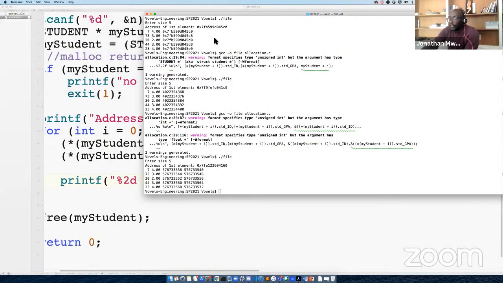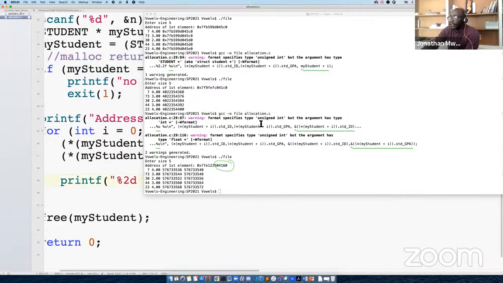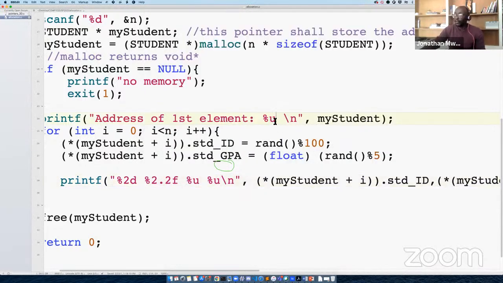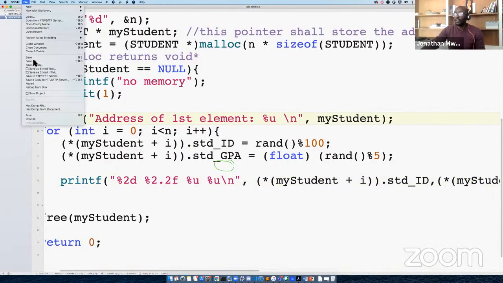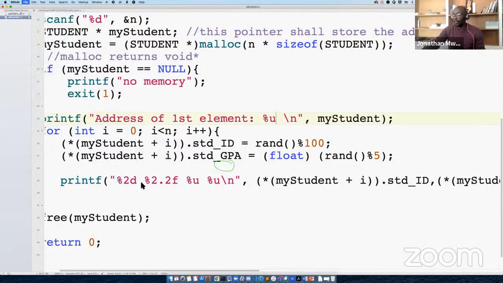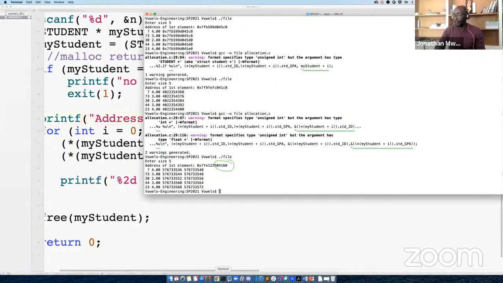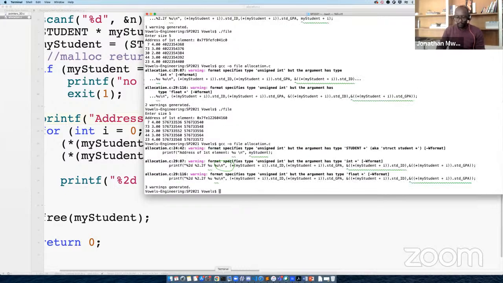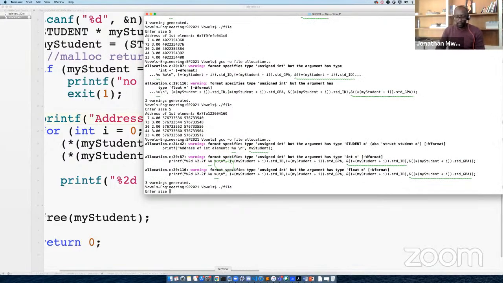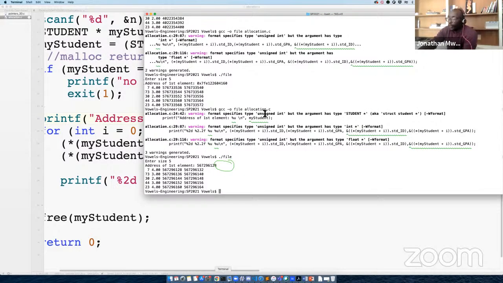Important though is this, the number here, we should possibly put it also as %u so that we can compare. I'll save this. I'll run it again. No problem. 5. And so the most important thing I want us to look at is these numbers over here.